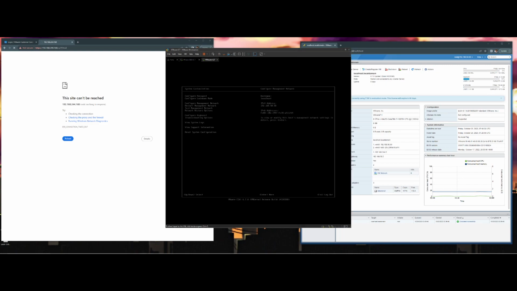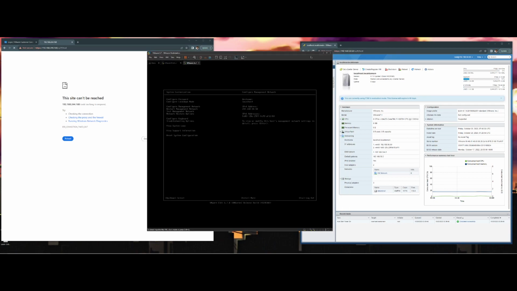All right, so that's me showing you how to configure the ESXi, how to put a static IP, right, on a bridged mode. And in future videos, I'll explain to you guys and show you guys how to